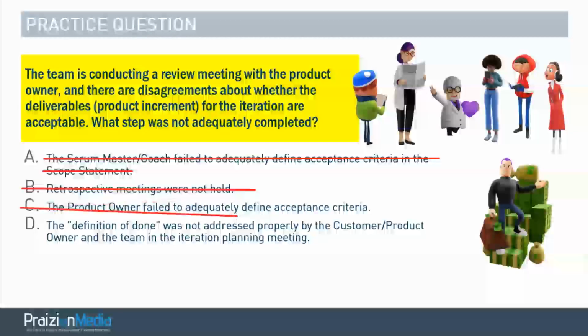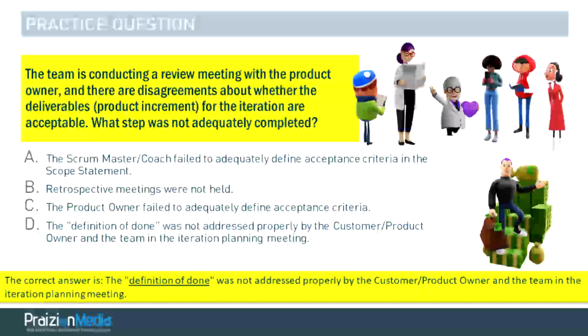When it comes to the responsibility of acceptance criteria, it would be inaccurate to say the product owner always defines the acceptance criteria for every single story in isolation. And that should have been a wake-up call as to, are you sure they're talking about acceptance criteria? All right, I hope that explains it. Let's move on.